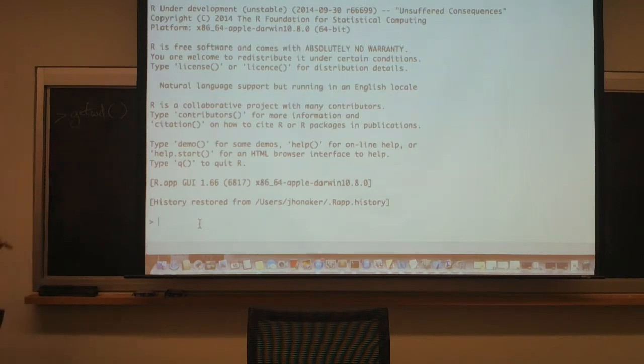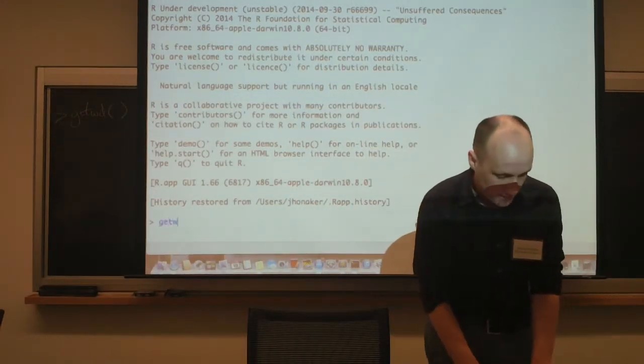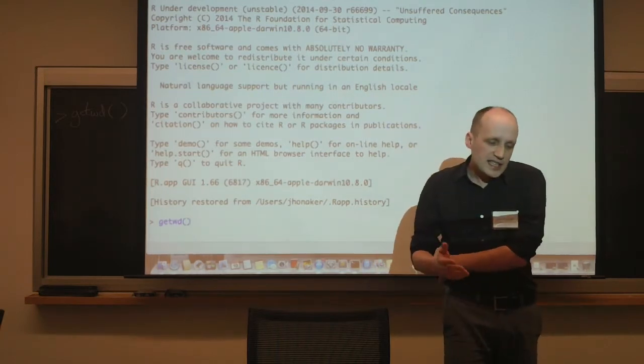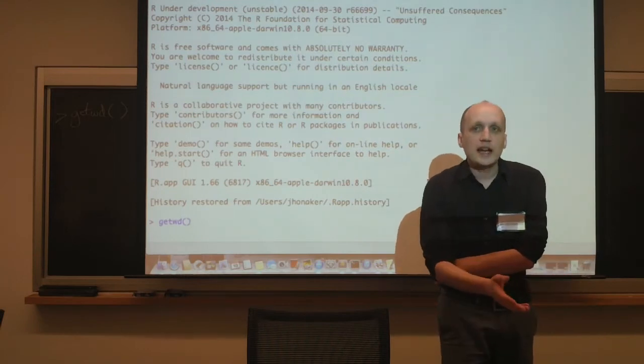This is in the crib sheet if you take a look. I just want to see where I am, because I'm almost certainly not where I want to be. So again, everything is a function. Looking at data, opening up tables, creating plots, even quitting out of R is a function.